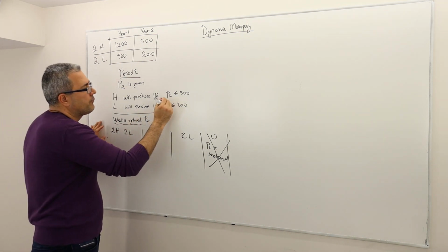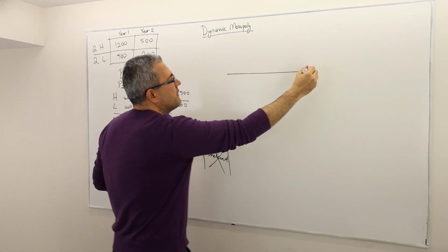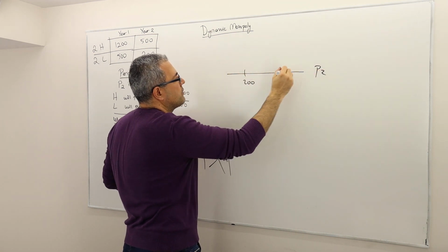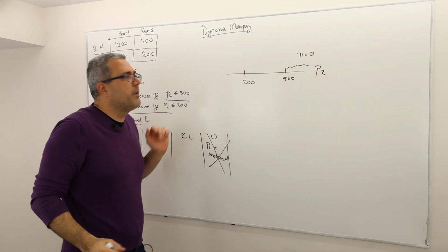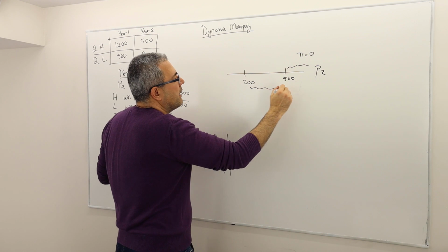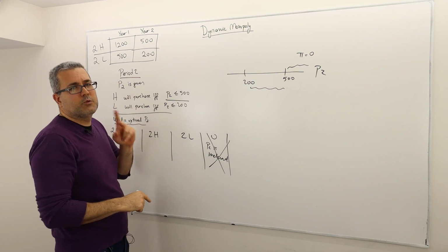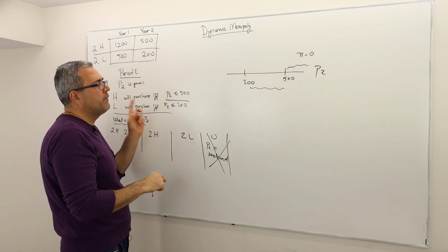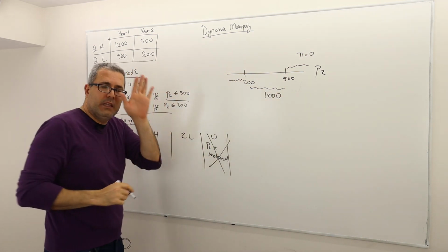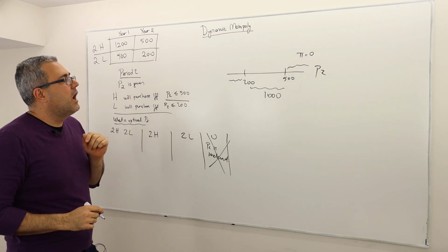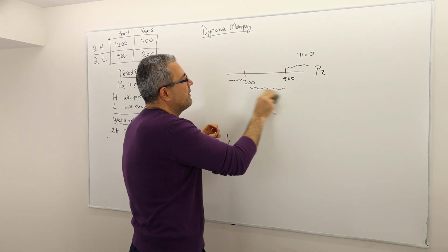Well, simple. If you like, you can draw this. This is P2. There are 2 thresholds, 200 and 500. Price above this, profit is going to be 0 because nobody's going to buy it. In this range, strictly higher than 200 but less than or equal to 500, only high types will purchase it. So the profit is going to be 500 times 2, $1,000. And below this, meaning equal to 200 and less, I'm sorry about this, this is not going to be 1,000. This is going to be